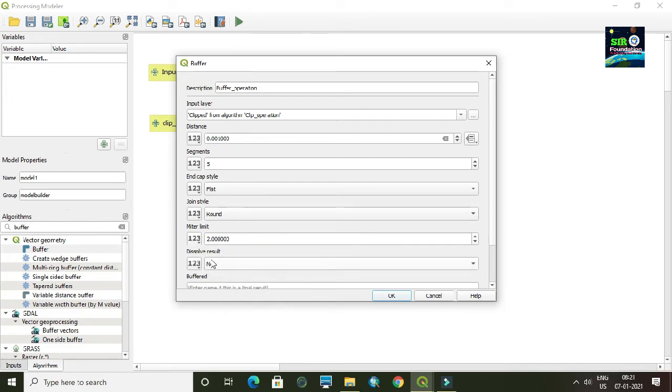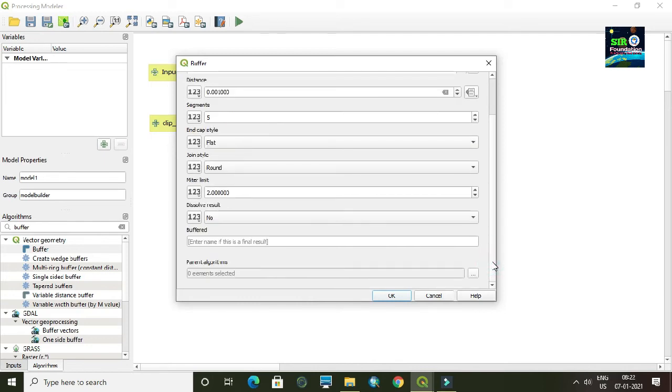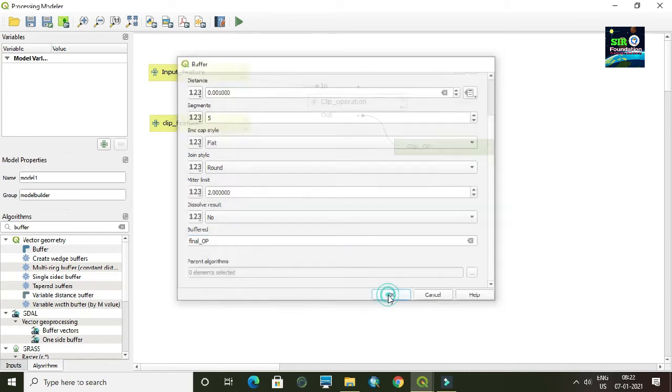Okay, then I don't want to dissolve the buffer, so I'm keeping it as no over here. Okay, and I'm giving the name final output to this output, which is coming from this buffer operation. Okay, and I am clicking OK over here.